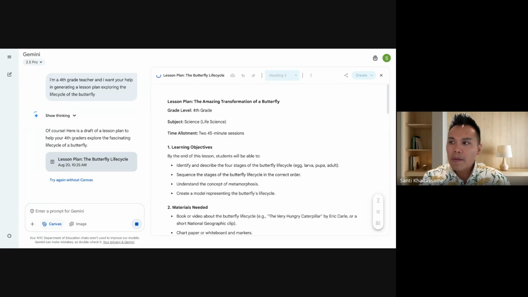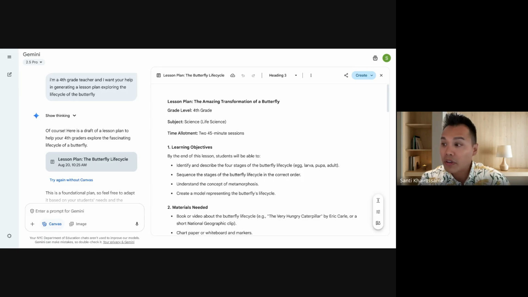So as you saw, I gave it a prompt and it said that there was an issue. In my 13 years supporting teachers using technology, one of the main ways that you can solve a problem is by refreshing your browser or restarting your computer. That took care of like 90% of the issues that we've encountered. So same applies here. So as you can see here, I gave it this prompt and it gave me this lesson plan. Okay. I think at this point, we've all seen this.